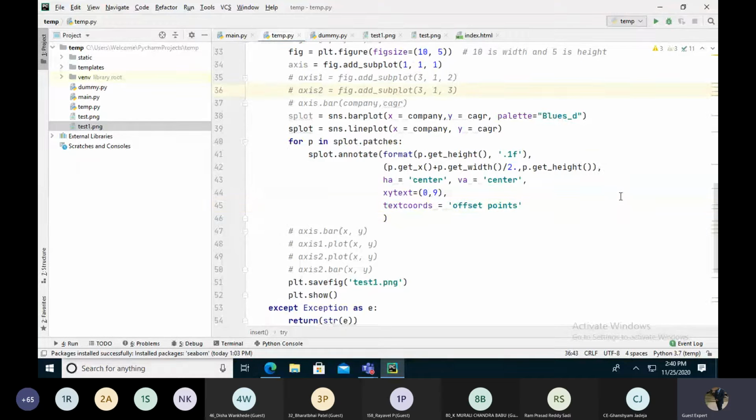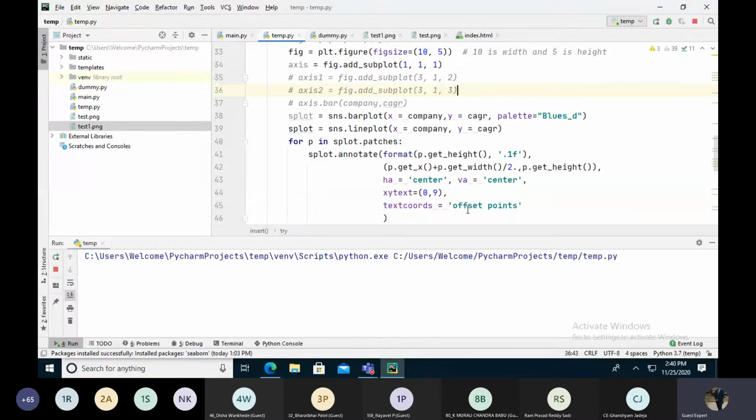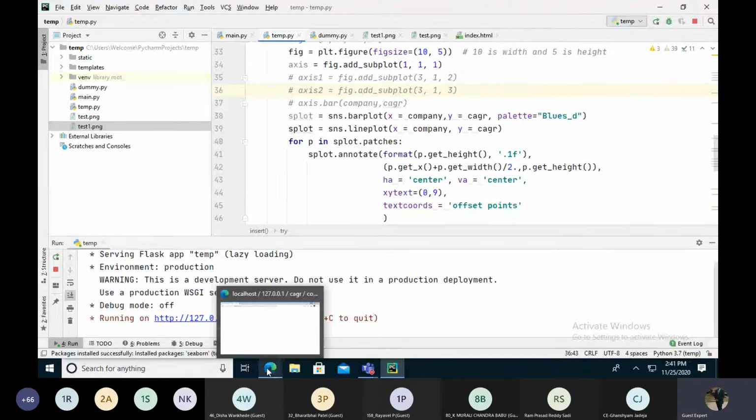So let's run this program and we will see. Our program is running.